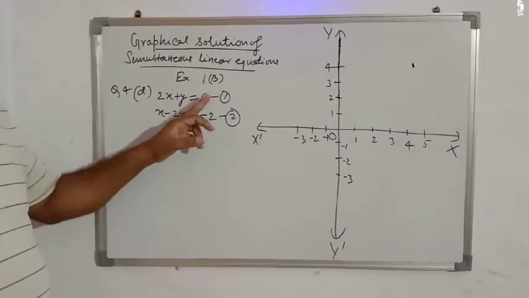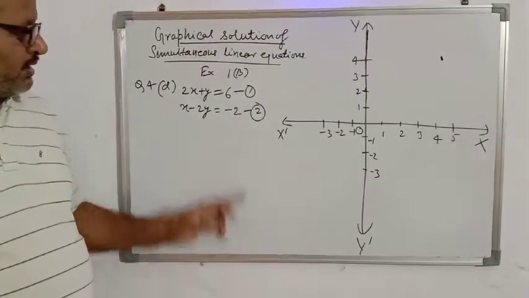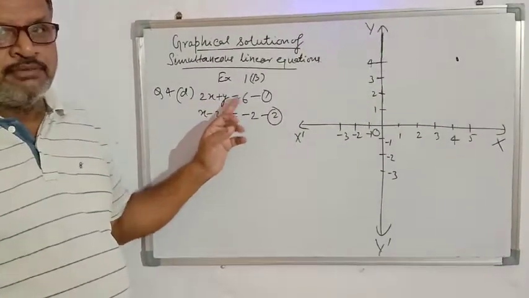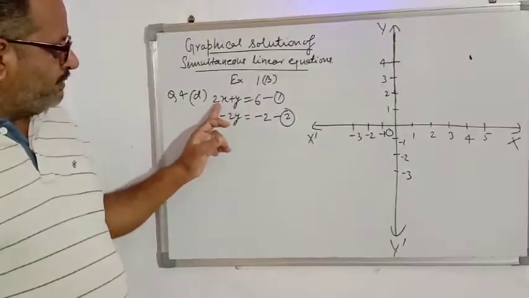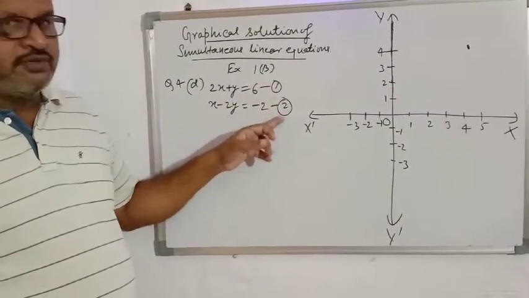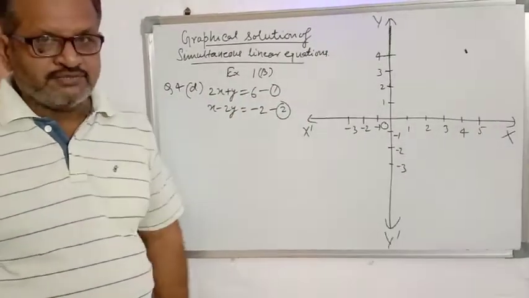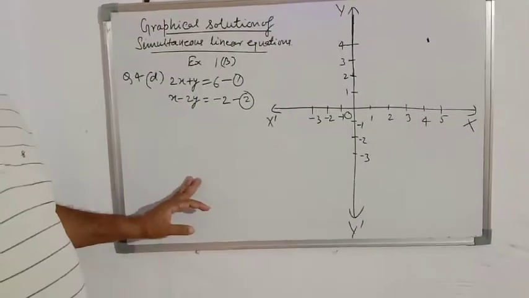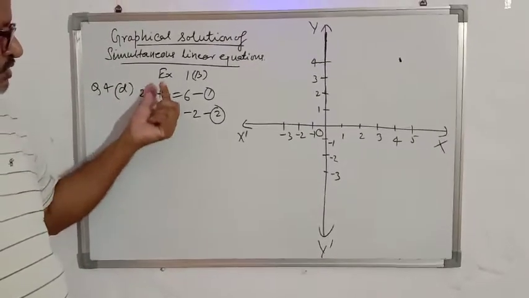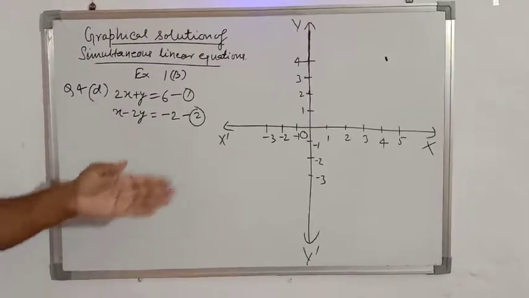Firstly, we will plot the graph of both the equations on the same sheet. I have told you how you can plot the graph of a linear equation in two variables on graph paper. The graph of both equations will be a straight line. So we plot both on the same graph sheet, and we have to find their point of intersection. The point of intersection will give the solution of these two equations. I have taken one question here, see how we can do it.